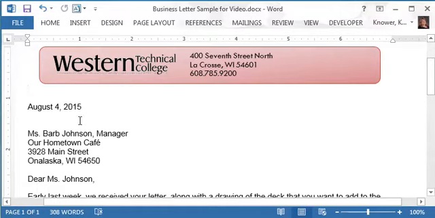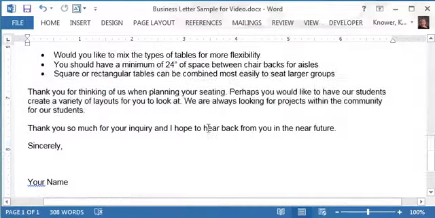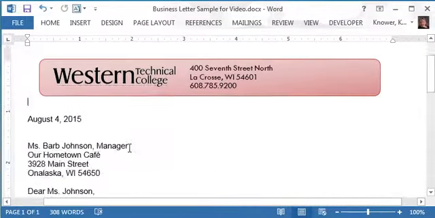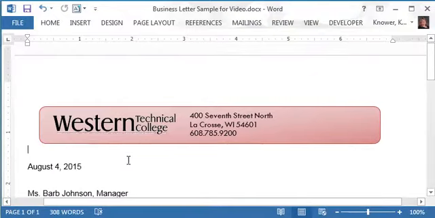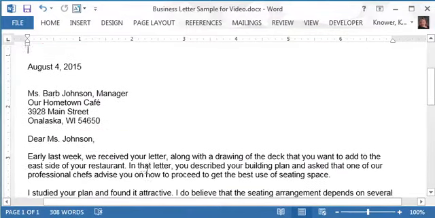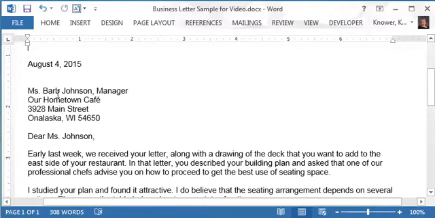So the reason is if your letter is really short, you don't want to have a lot of blank white space at the bottom of your letter. So put in extra blank lines between your date and your inside address so that it fills up some of that white space in the middle of your letter. Between your address and